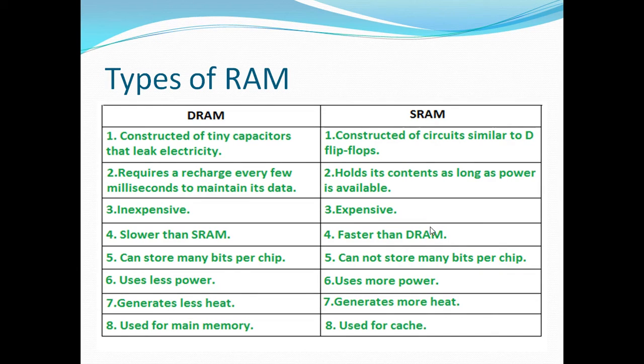Now RAM is further divided into two parts, DRAM, which is called dynamic RAM, and SRAM, which is also known as static RAM. DRAMs are slower than SRAMs. DRAMs are constructed through tiny capacitors, and SRAMs are constructed through flip-flops. Now what actually are flip-flops? These are the memory segments that store one unit at one time, that means 0 or 1. At one time you can store only one unit.